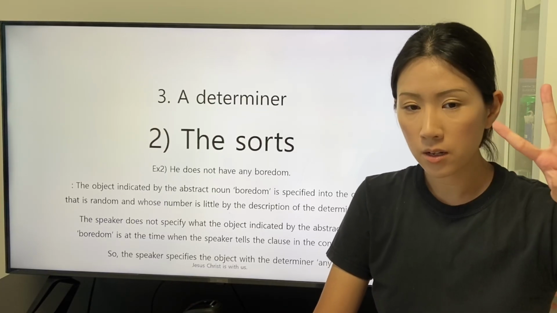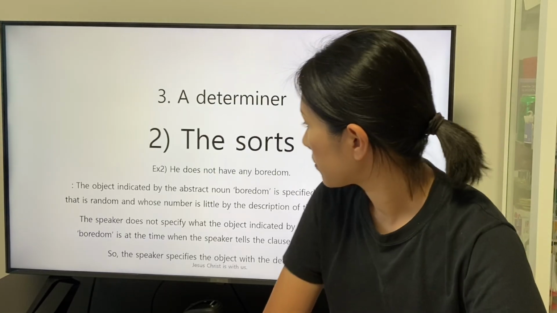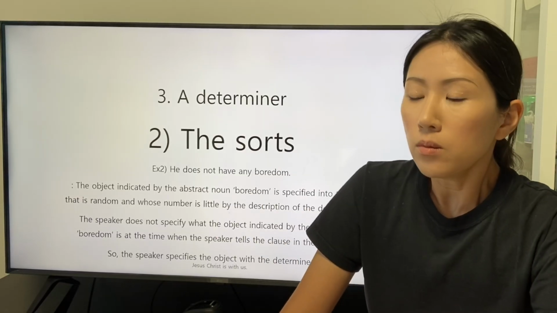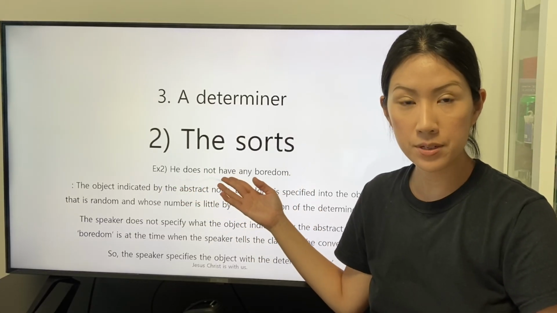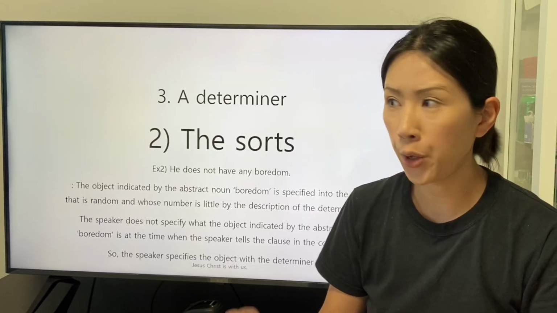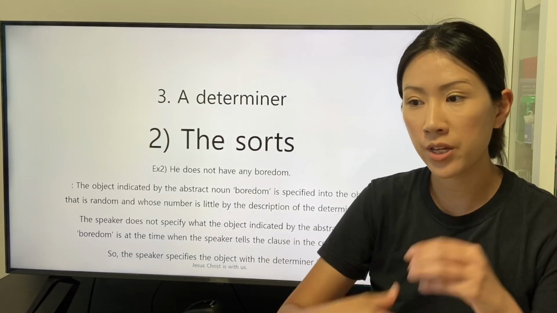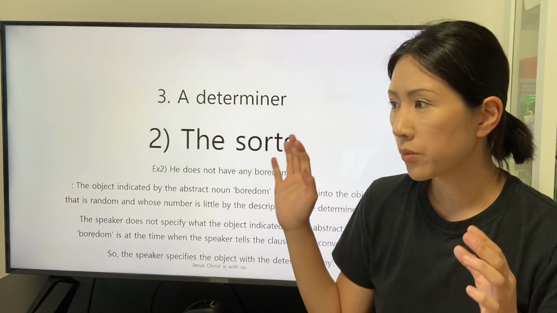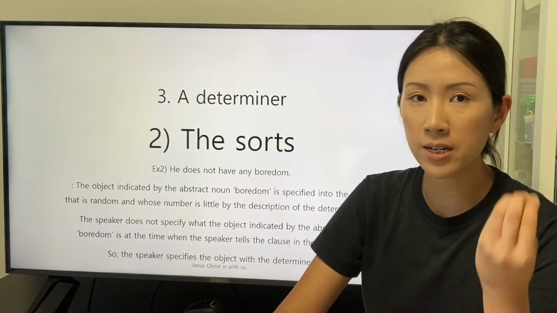There is the second clause. He does not have any burden. The speaker states this clause in the negative statement. Whether the object indicated by the abstract noun burden exists or not is yet to be clarified. So the object indicated by the abstract noun burden